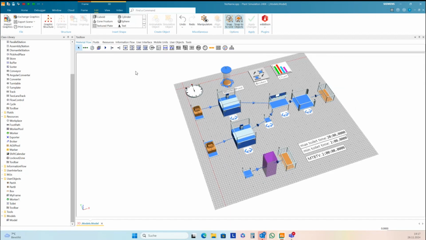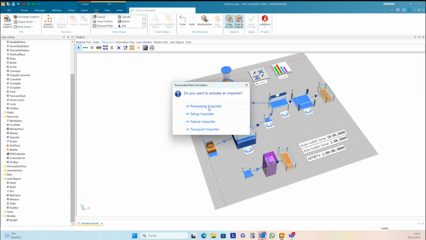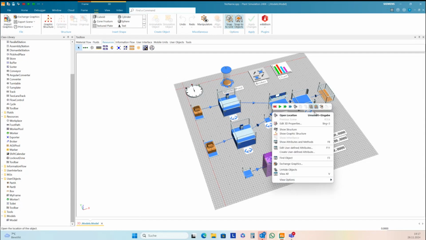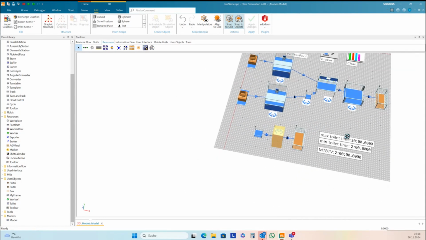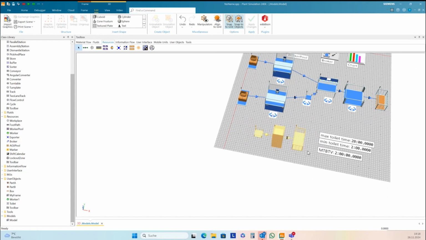And we need a workplace for processing. And we can turn it around and move it away a little bit from the production area.